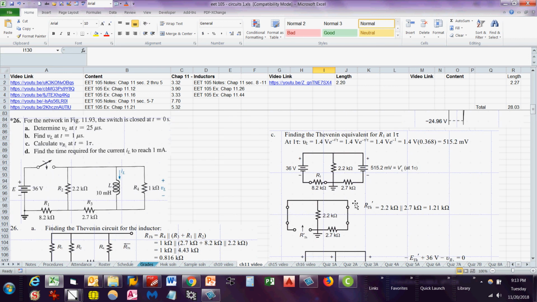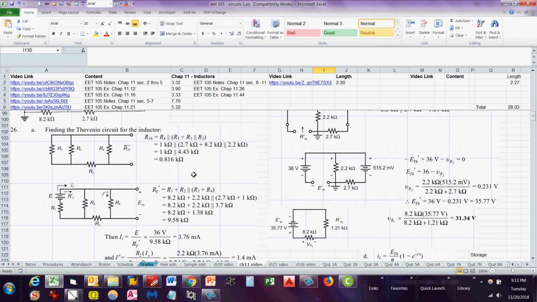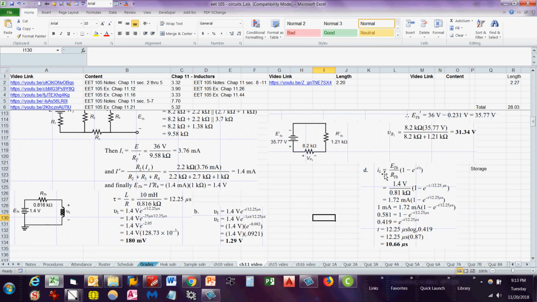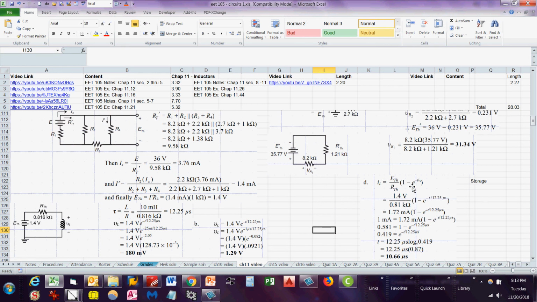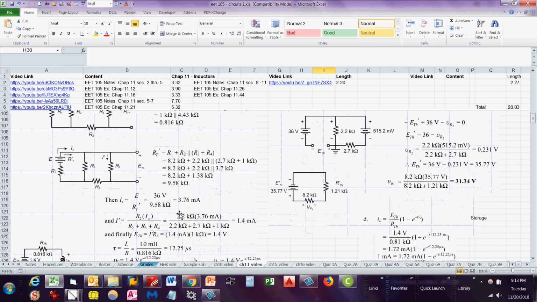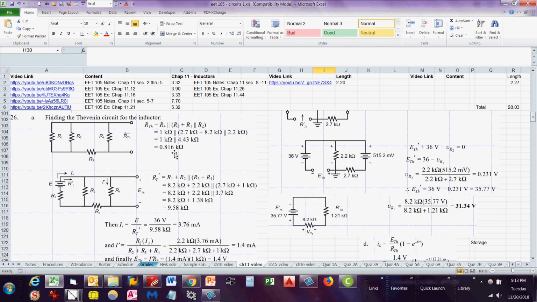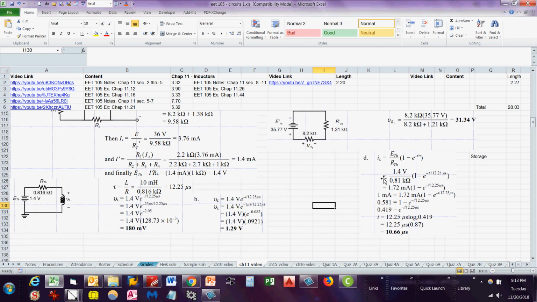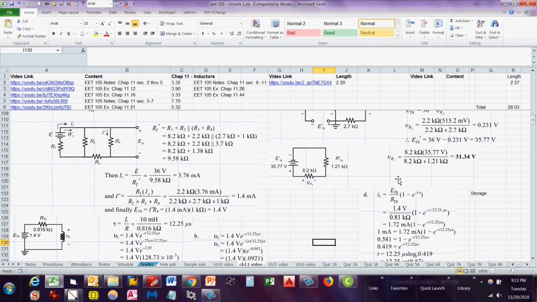So then the last question is find the time required for the current IL to reach 1 milliamp. So during the storage phase, this is the formula. Only we're using E Thevenin and R Thevenin instead of just E over R. We already figured out what E Thevenin is over here, and what R Thevenin was. Where was it? Over here, right there, 8.816. So plugging those numbers back in, and then